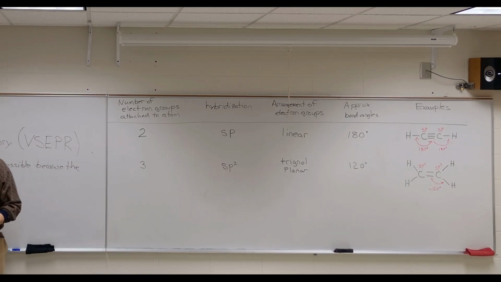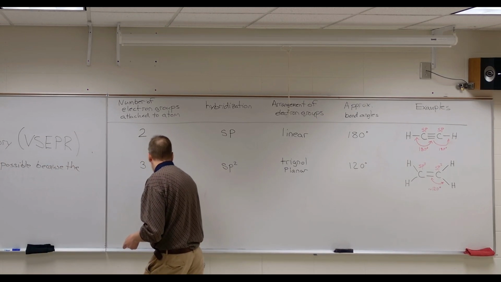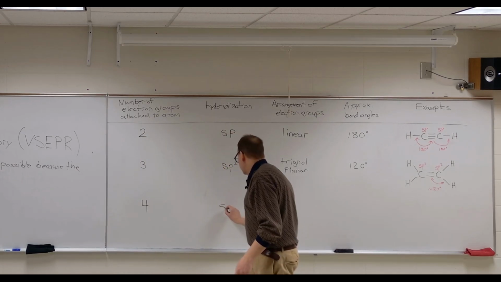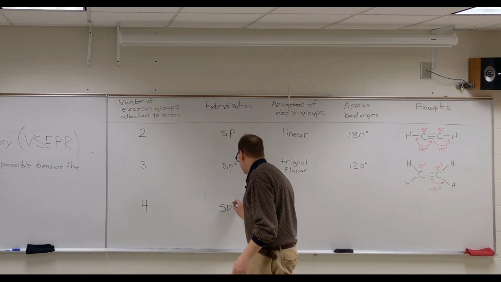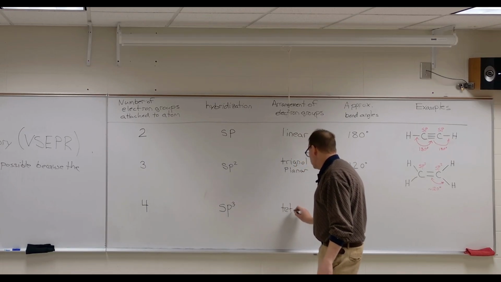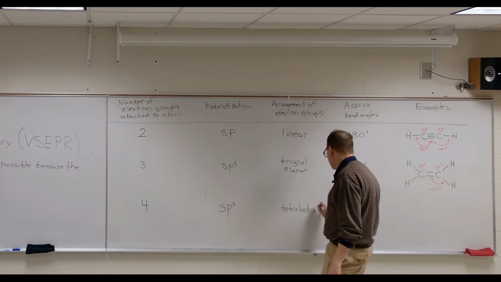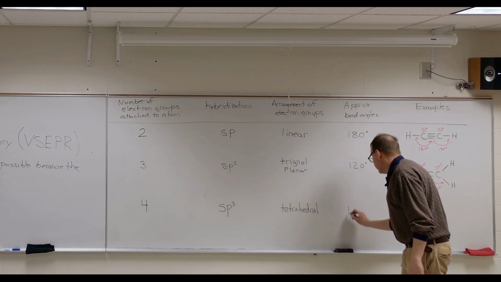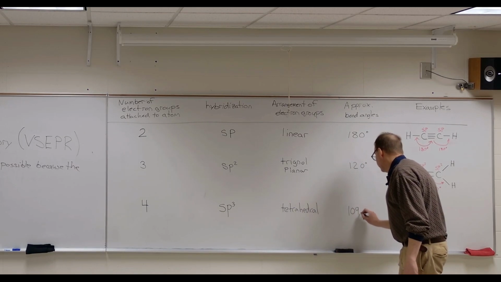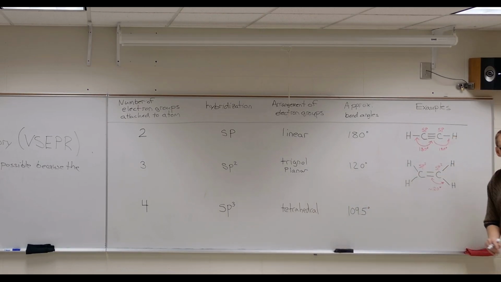And then the last type of shape that we're going to have to worry about is if you've got 4 electron groups attached. Atoms like that are sp3 hybridized. They have a tetrahedral arrangement of groups, and they have bond angles of 109.5 degrees. And as an example, I'm going to show you ethane. That's carbon